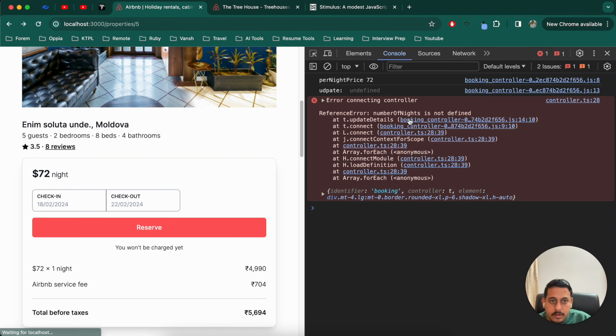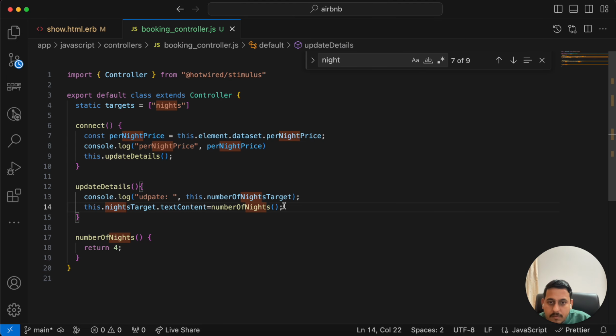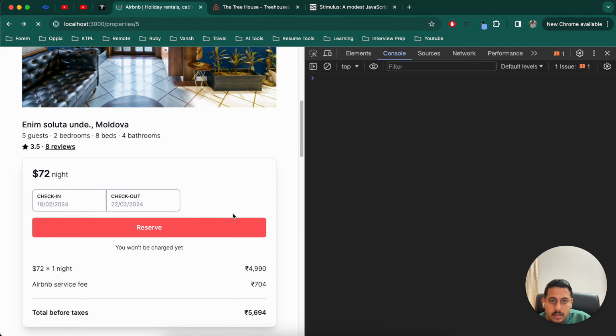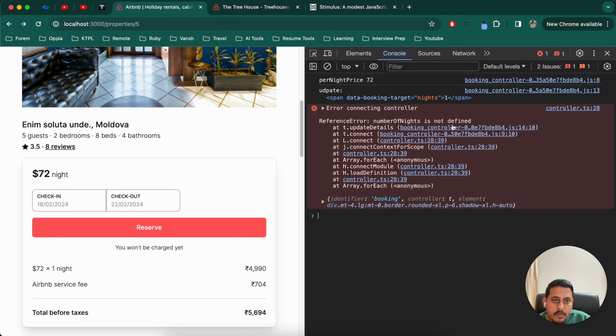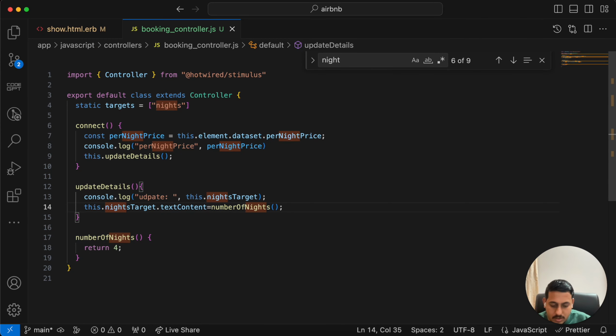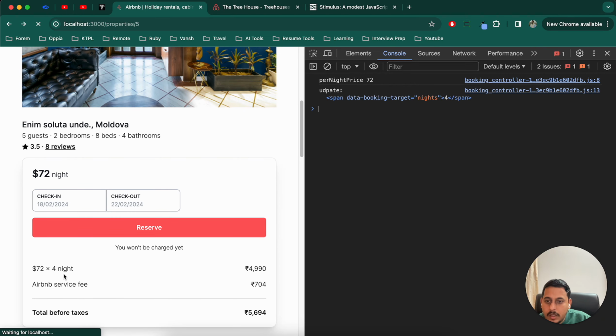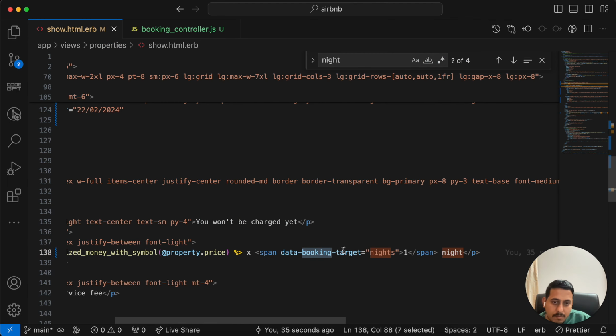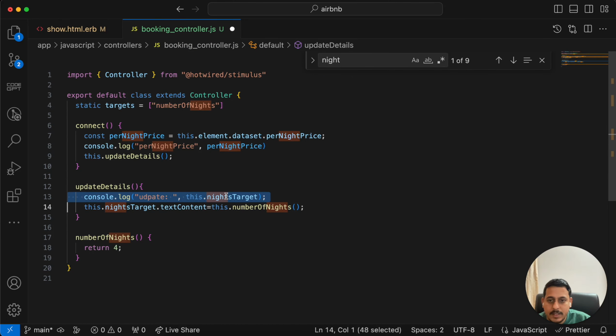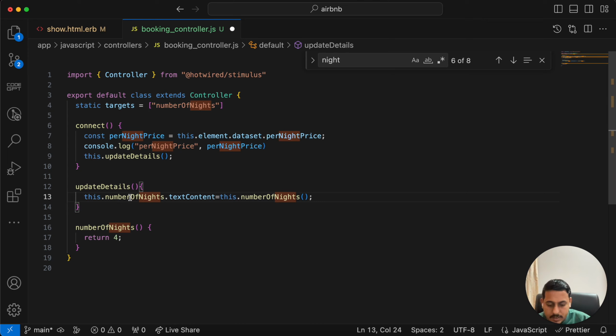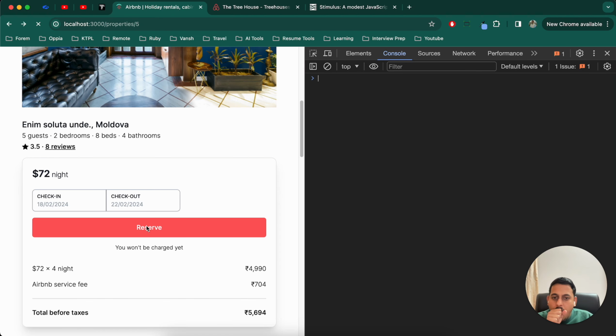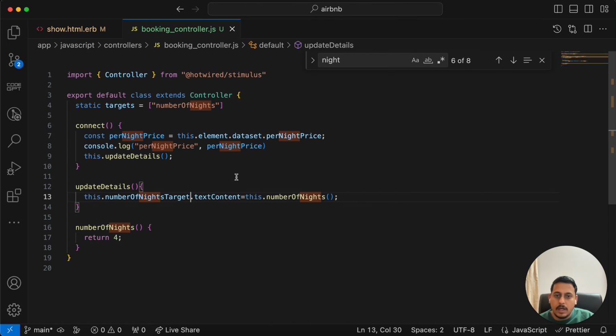Now refresh. Number of nights is not defined, but we are not using number of, okay, nights target. Number of nights is not defined where. Oh, sorry. And now it's working correctly. So now let's try to revert back to that. Number of nights. Let's see if this works or not. Number of nights, let's get rid of this. Number of nights, target. This is working. This is working correctly. So my assumption was incorrect. Anyways,